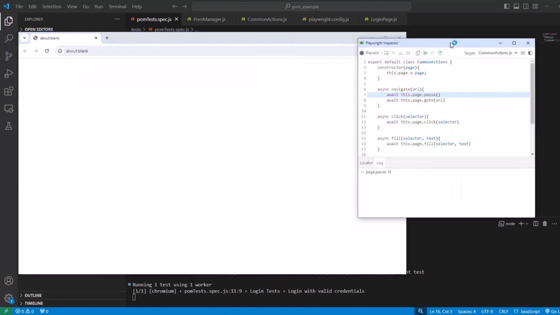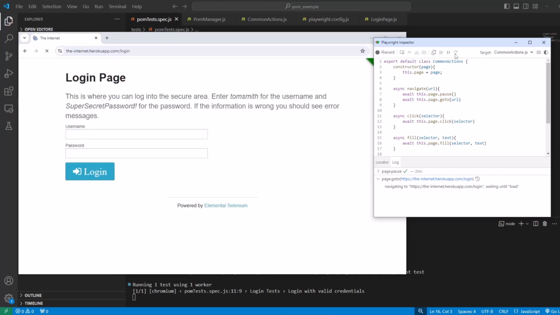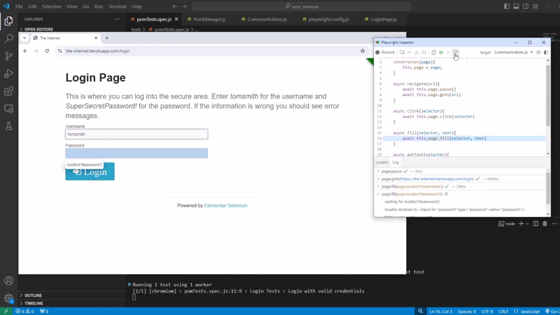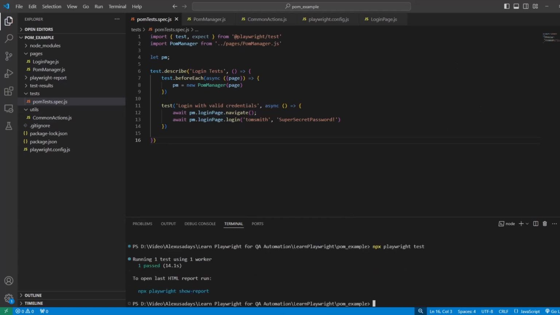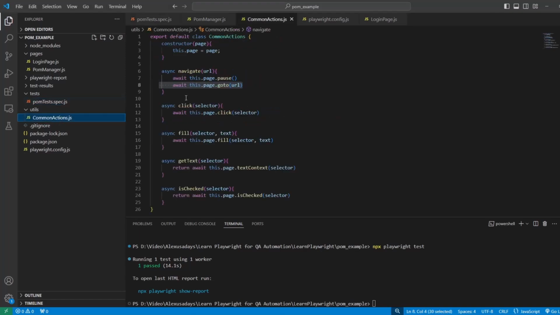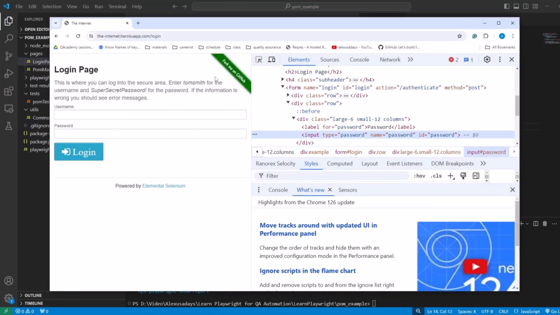Okay, here is our page. Next step, we go to the URL, provide username, password, click on the login. All right, and we're logged in. Perfect. So I'm going to remove the pause for now. Let's add some other things. So what happens when we log in? When we log in, we see a success message. Right, so let's make sure